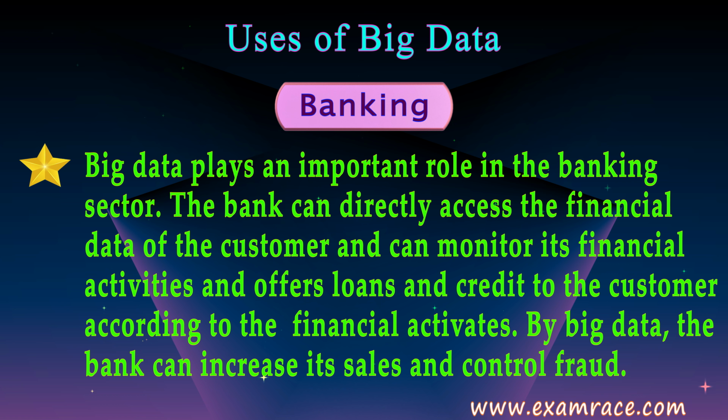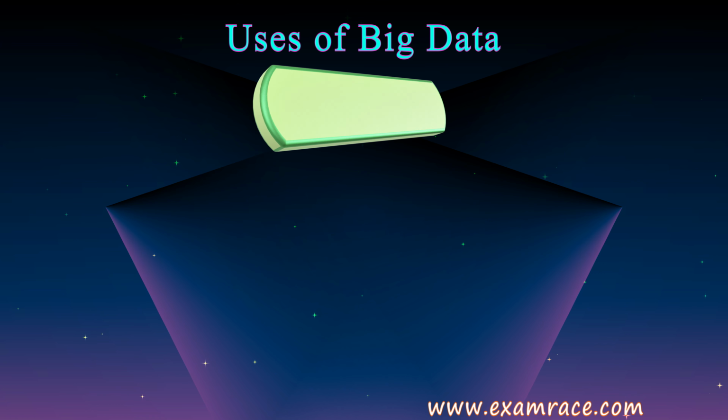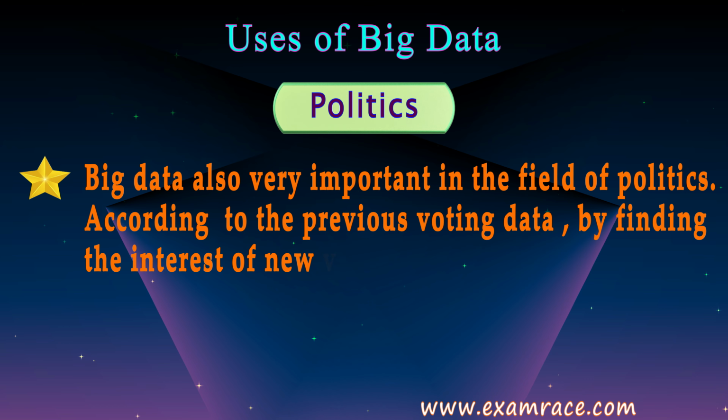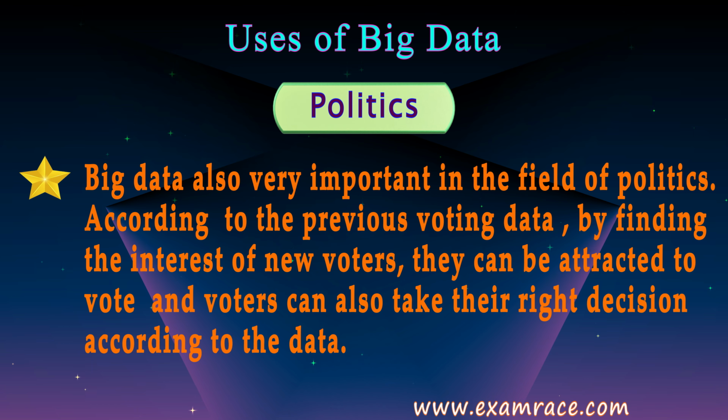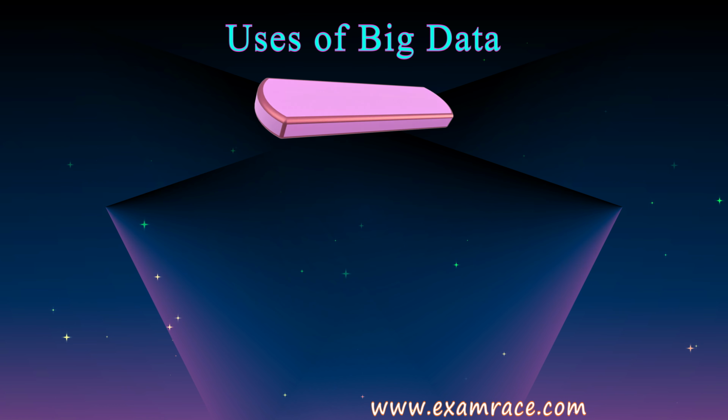Then again we are talking about the database over here. They need to monitor their financial activities, their loans, their cash flow, and the information about the customers also. Then again the database is getting too large. Next, politics also. Nowadays e-balloting, like e-voting, is in use. So again we have a large amount of data, a huge collection of data. In politics also we are using big data. So let's move to our next slide.